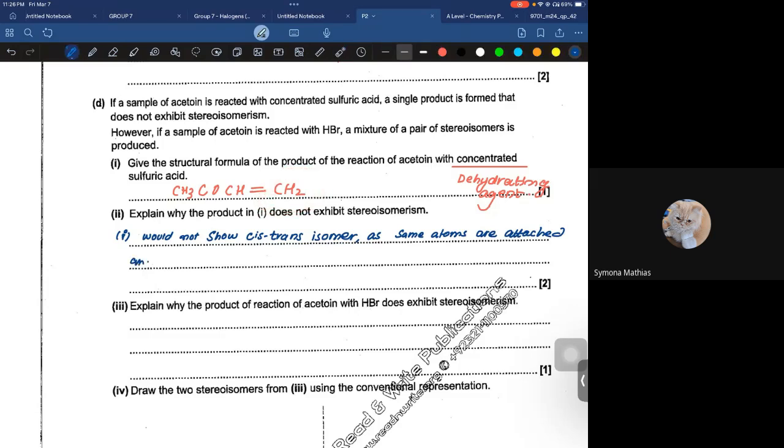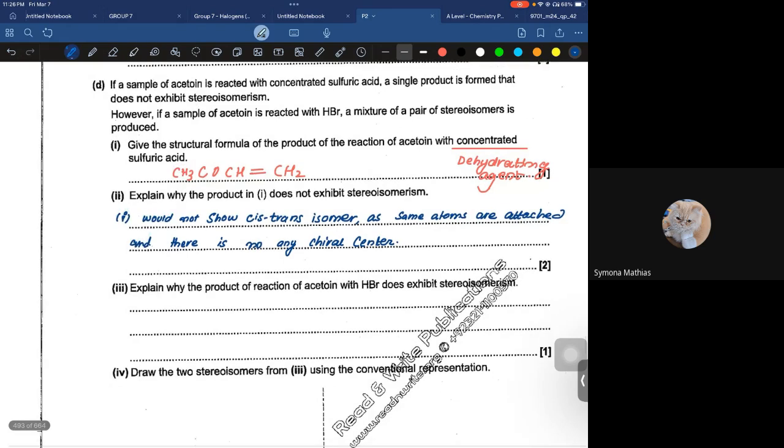Okay. And there is no chiral center. There is no any chiral center. Due to this,